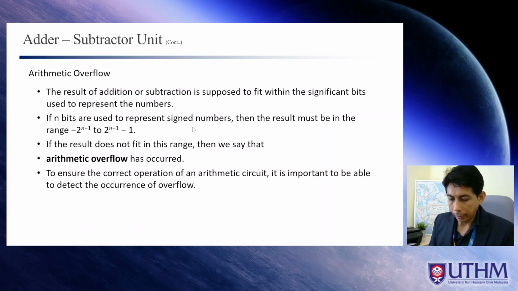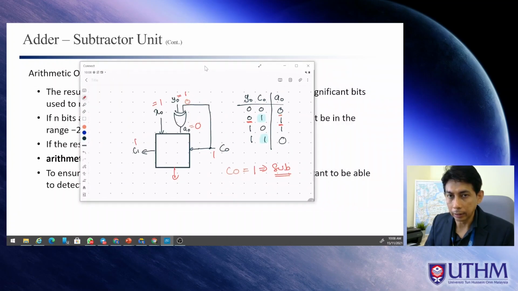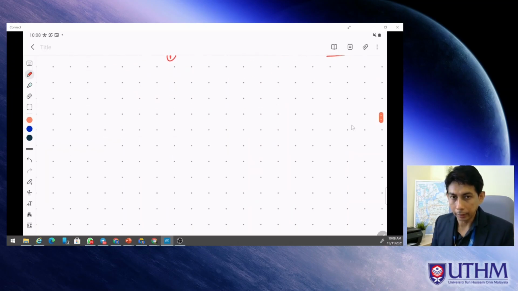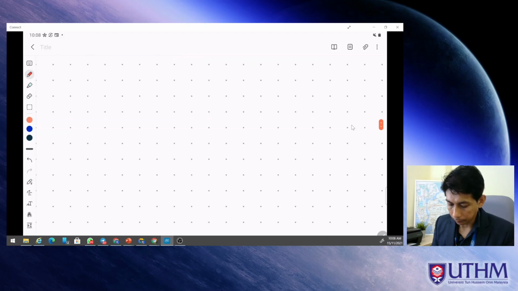Now we will look at the issue that we have with digital arithmetic, right? Because we have limited space in digital electronics. So for example, if we have a 4-bit adder, right? A 4-bit system,